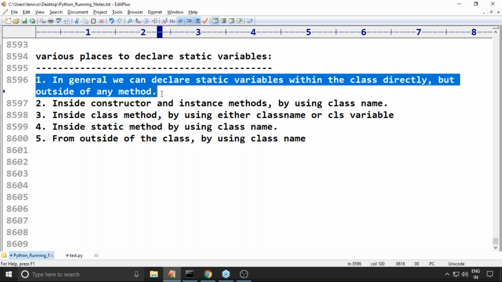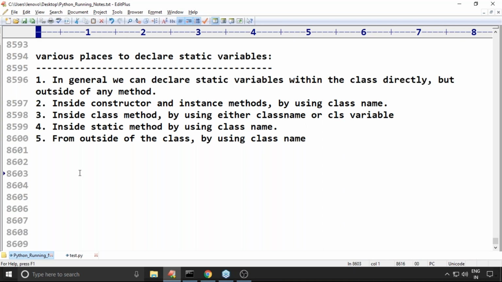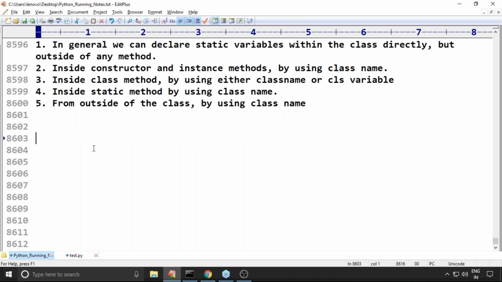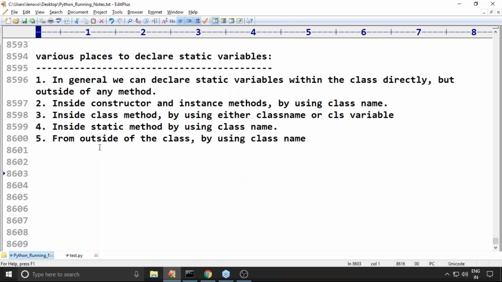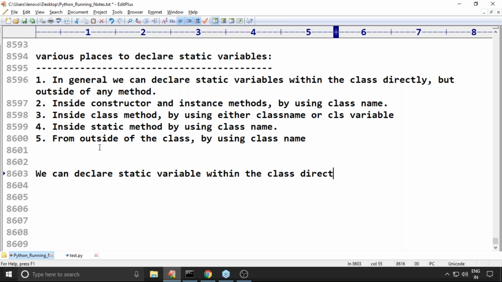Clear? So conclusion, how to declare a static variable? We can declare a static variable within the class directly. There is no special thing required.